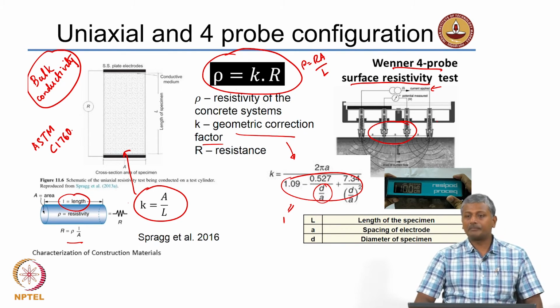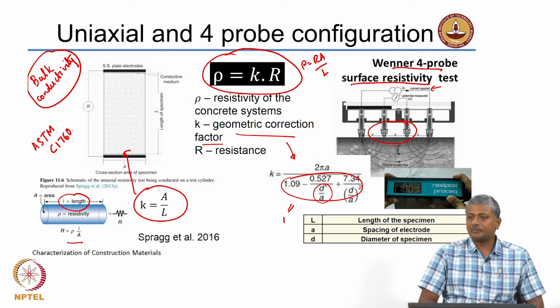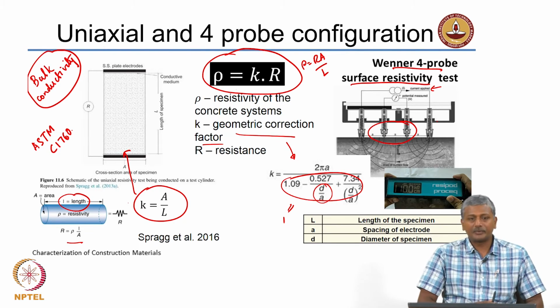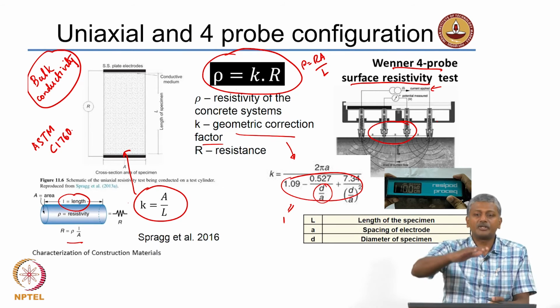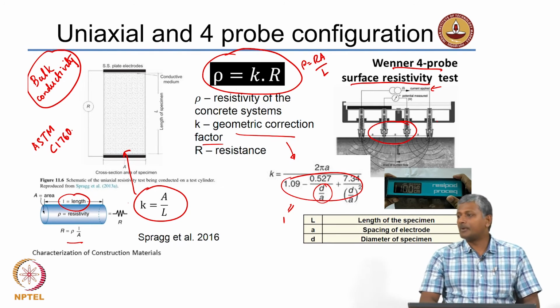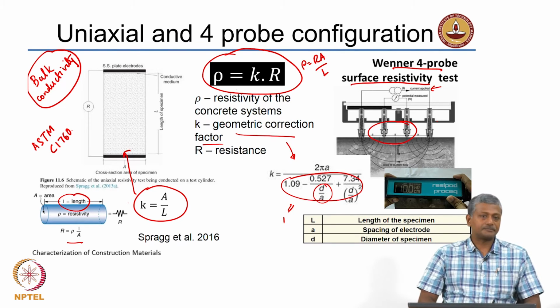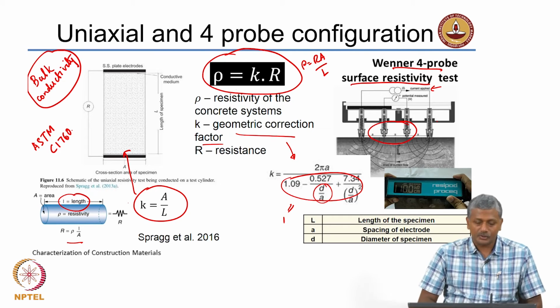It is the bulk conductivity determination standard, and it is quite commonly used these days as a good durability parameter that can be measured fairly easily. You need only a few minutes to do this test. Before your strength determination on cylinders, you can determine the bulk conductivity and then determine the strength. So, it is a very useful test to do for regular quality control purposes also.